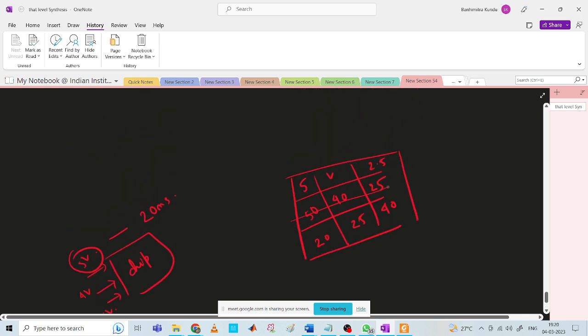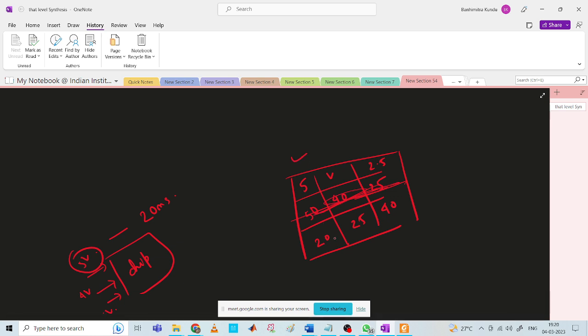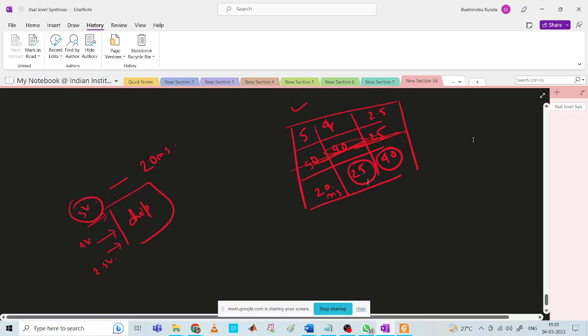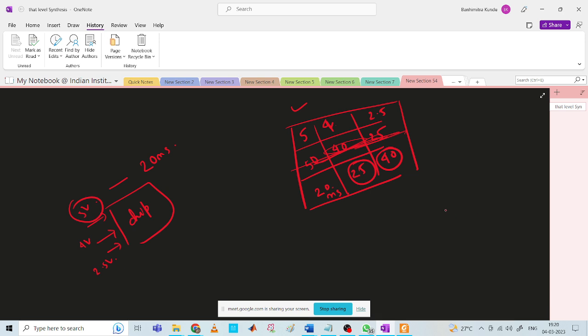At 5 volts the clock time period can be 20 nanoseconds. For 4 volts the clock time period can be 25 nanoseconds, and for 2.5 volts the clock period can be 40 nanoseconds. Now you see the good part is that it is told that you have to finish a